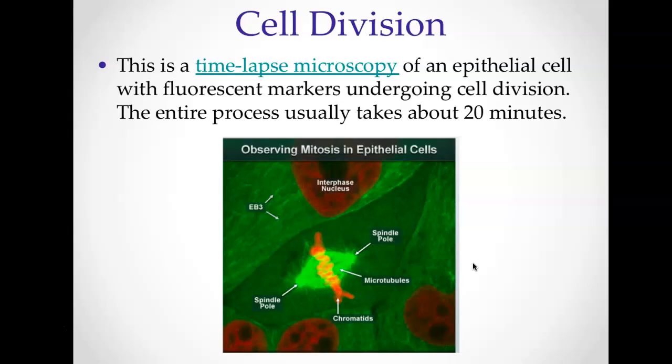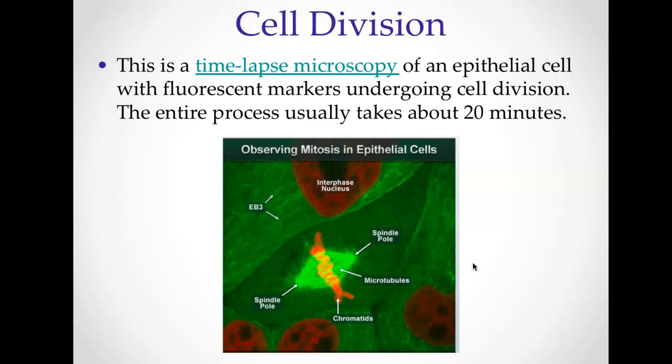Okay, and then the last thing it says is once cell division is complete, the daughter cells will re-enter interphase until receiving a signal to divide once again. So that is mitosis, and those are the steps of cell division. Tomorrow we will talk about cancer and how DNA mutations are going to mess up the regulation of the cell cycle and cause the cells to divide out of control.